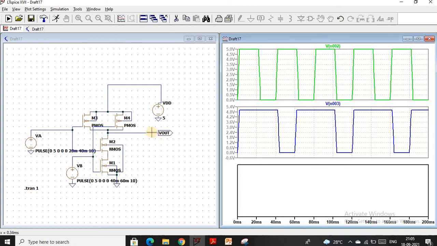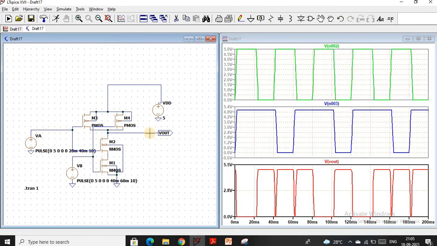Now see the output. As you know, when both the inputs are high, the output is low, and if any of the inputs is low, the output should be high. So this output fulfills the two input NAND gate.